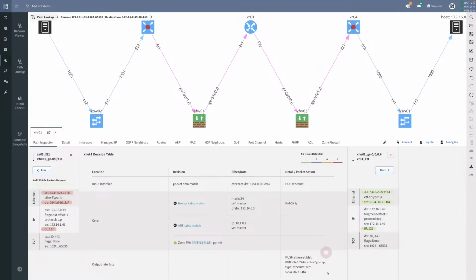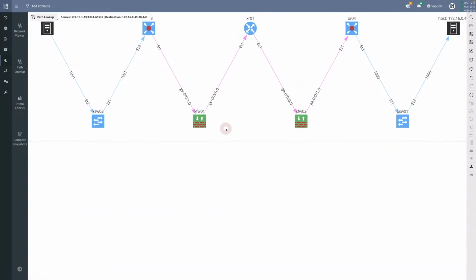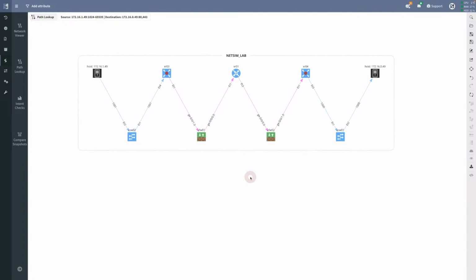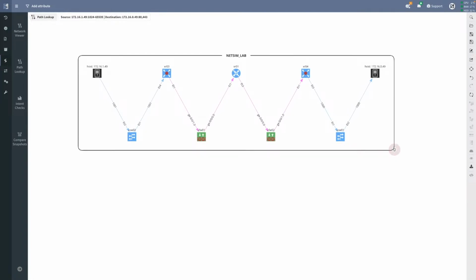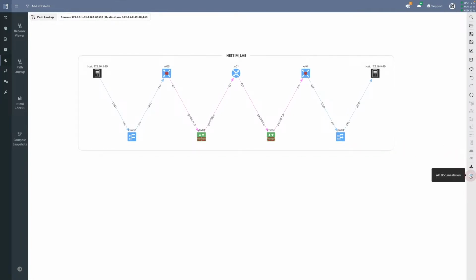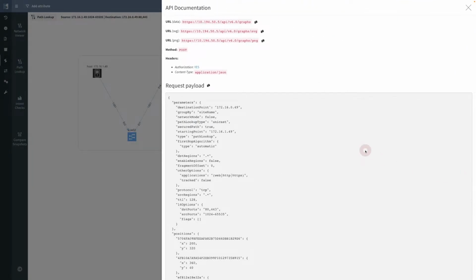So this is all for a high-level overview, and again, there's a lot to talk about, but for this webinar we would like to focus on using IP Fabric's API. And now, where to get the details? When we have the path ready, we can just click on API documentation at the right middle bottom corner,